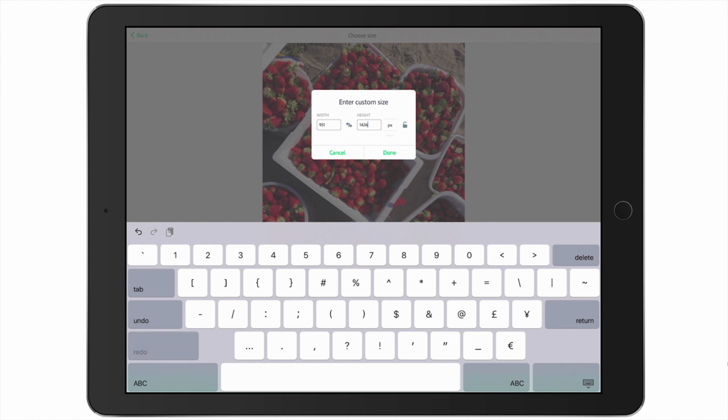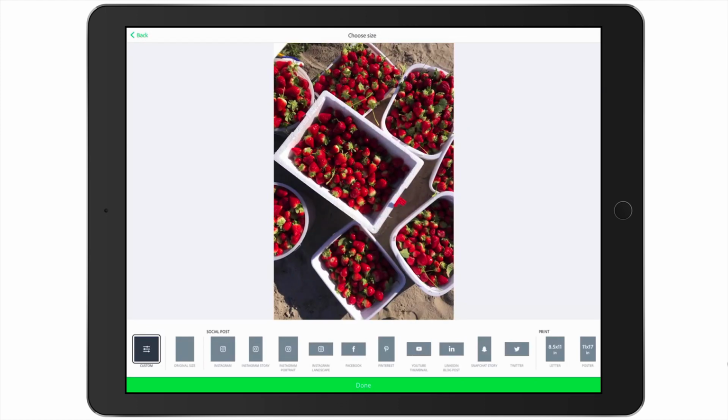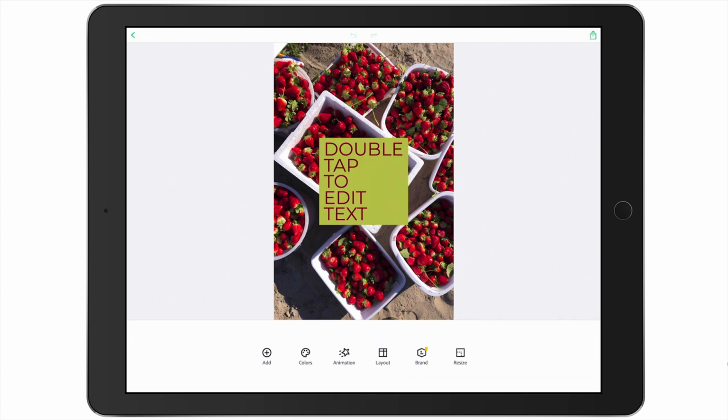And I do want to make sure that I am on a pixel dimension here or size. You can rotate between millimeters and inches, but I do want to make sure that I am on pixels, and I'm going to click Done. You can see that it brought the edges in a little bit. I'm going to click on Done at the bottom of the screen, and by default Adobe Spark Post assumes that